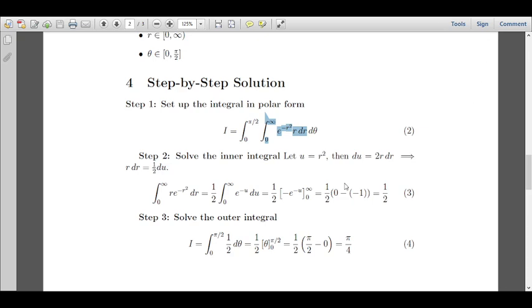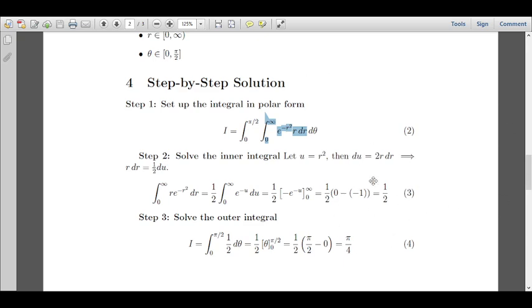Now how to find the limits? So this is the region. Now this is y equal to 0, that means r equal to 0, and y equal to root of a square minus x square. In polar, this is x square plus y square equal to a square, that means r square equal to a square, that means r equal to a. So the boundary is r equal to a. Now how to find theta? Since our region lies in the first quadrant, therefore theta varies from 0 to pi by 2.